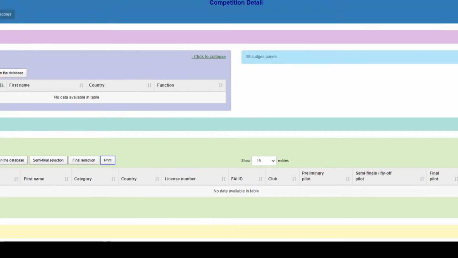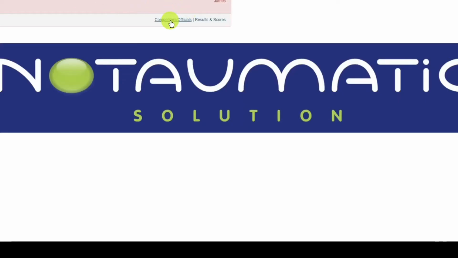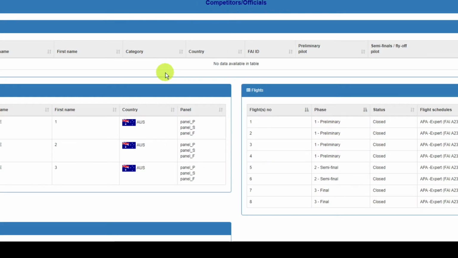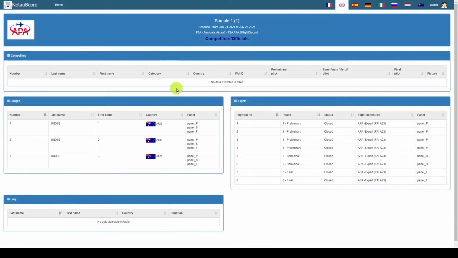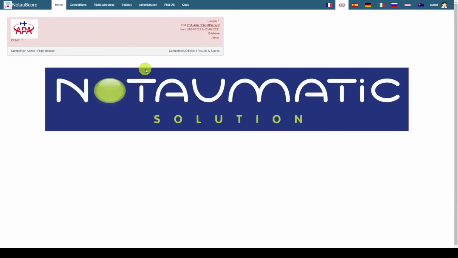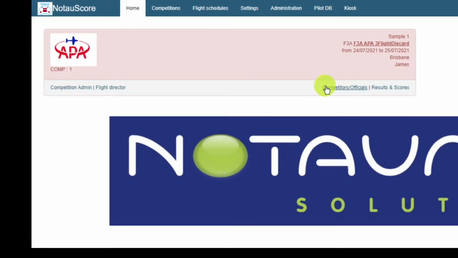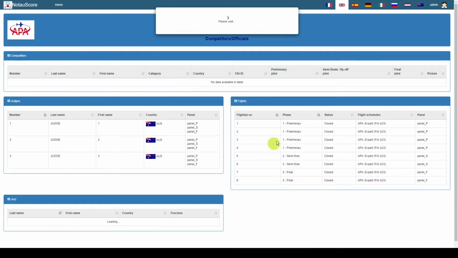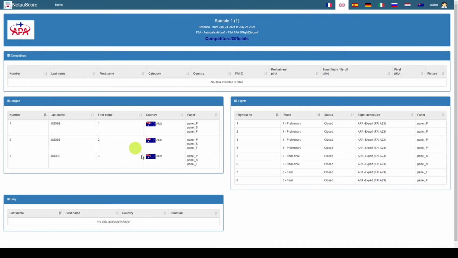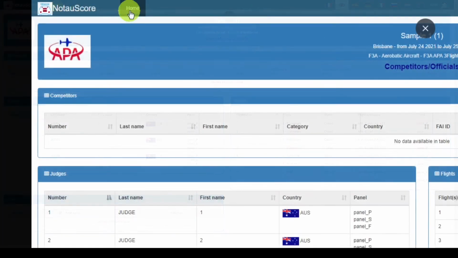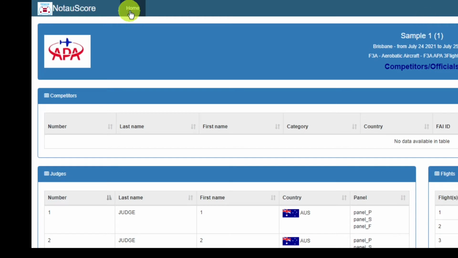and commence the competition. So when I look here at my competitors and officials tab, sorry, let me zoom out a bit, my humblest apologies. I'll just jump back to the home screen. What I looked at there was, on the competition, there was a tab called competitors and officials. So I left clicked on that, which shows me again just more information. If I had added my competitors, they would be here. It tells me my judges here, tells me the flights, tells me the status, are they closed, are they open, are they finalized, etc. So I'll just pop back to the home menu for a moment.